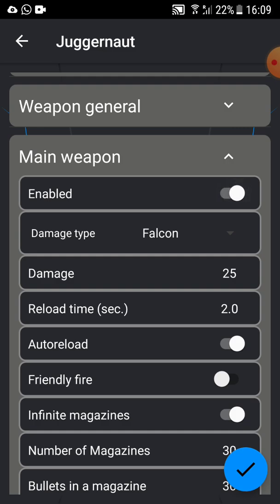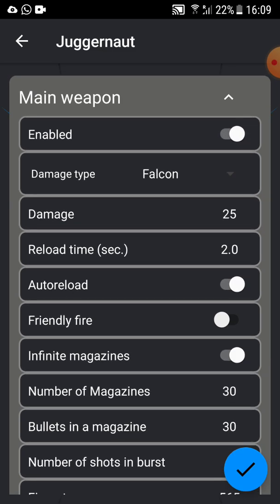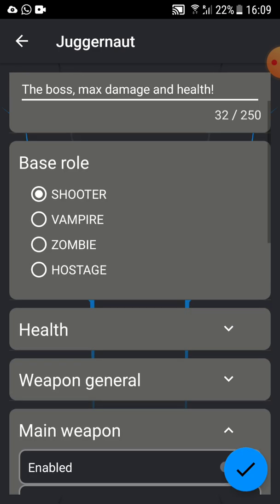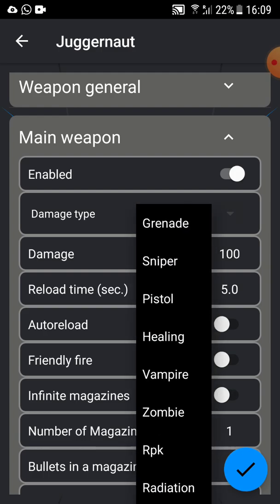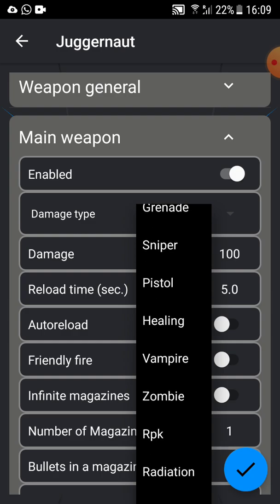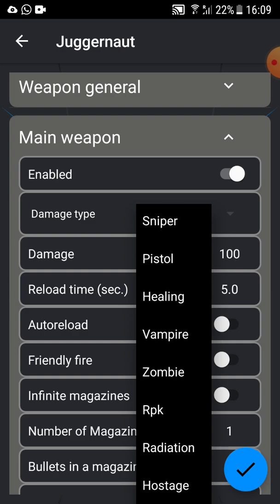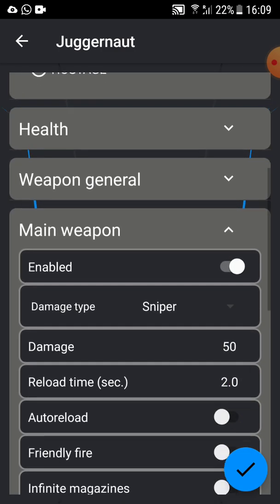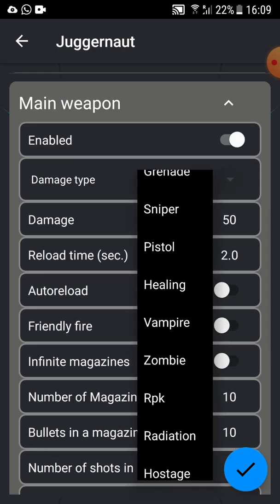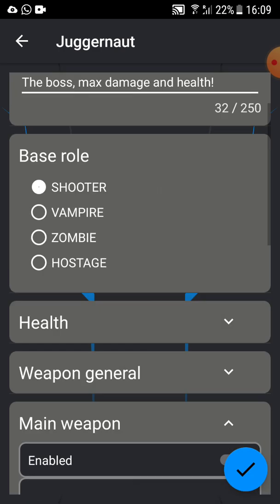I can turn it off or turn it on. Here we have some defaults, for example, grenade, sniper, falcon. These guns have different sounds and different default parameters. Let's say I want the falcon